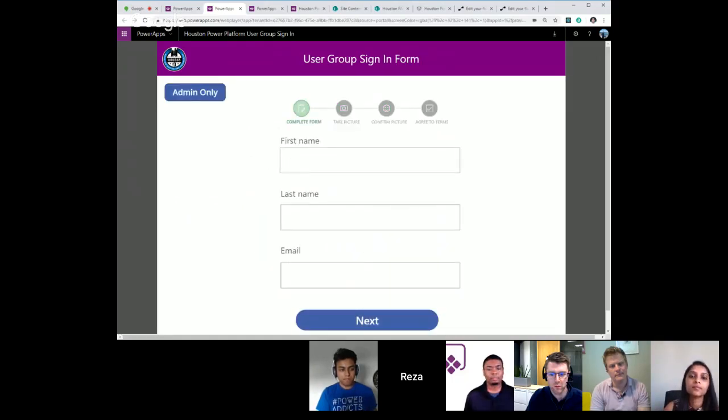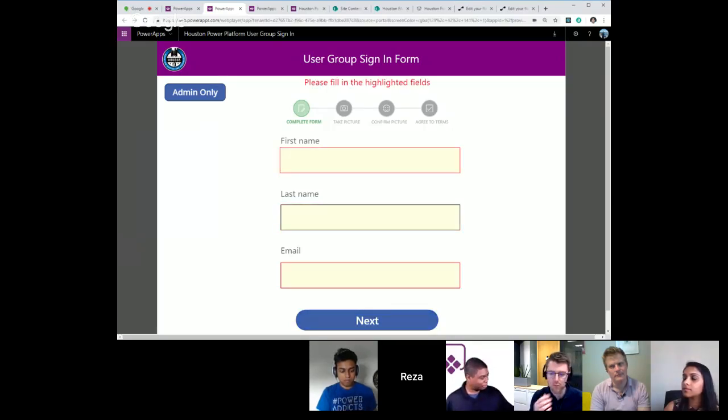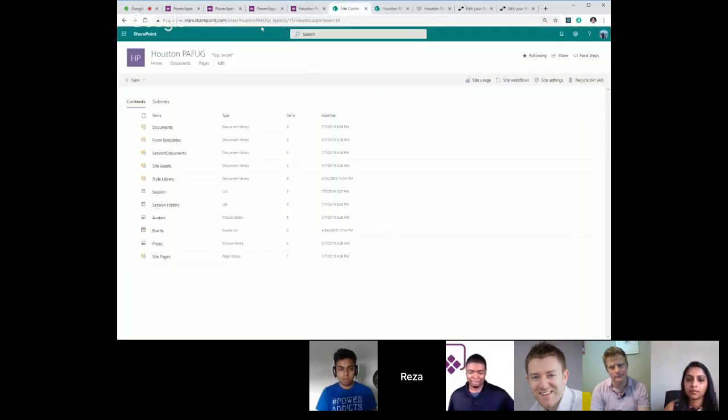This is a very simple form built in Power Apps for the users to provide their first name, last name, and email address. There are some validations so they have to fill in all the required fields. So the users keep signing in, and once the signing process ends, at the end of the session I go in to do the raffle prize drawings. Before I do that, I just wanted to touch base on the back end, which is my